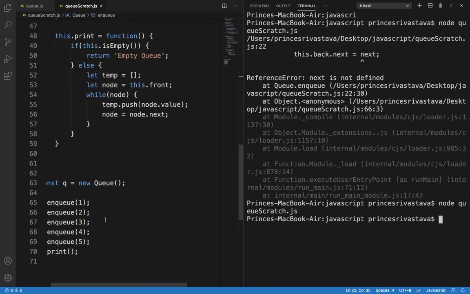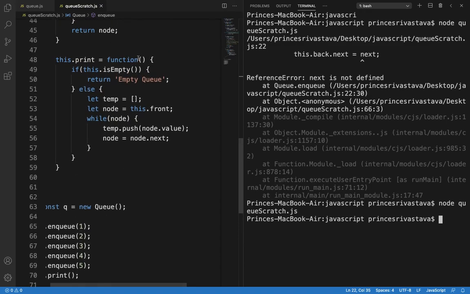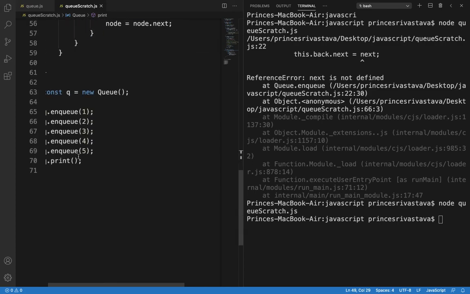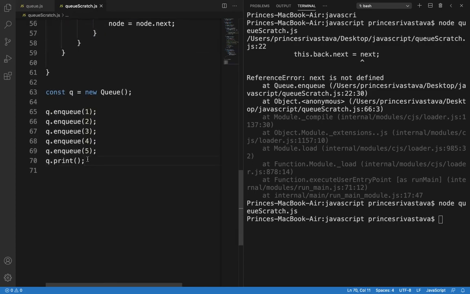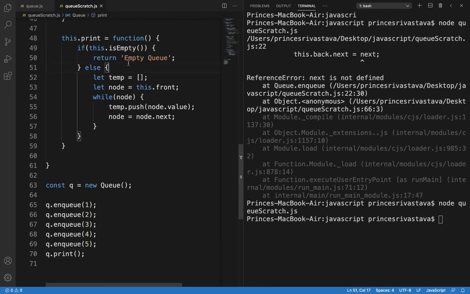Okay, we have not printed anything because we have not used console.log. We need to print it in the print method.